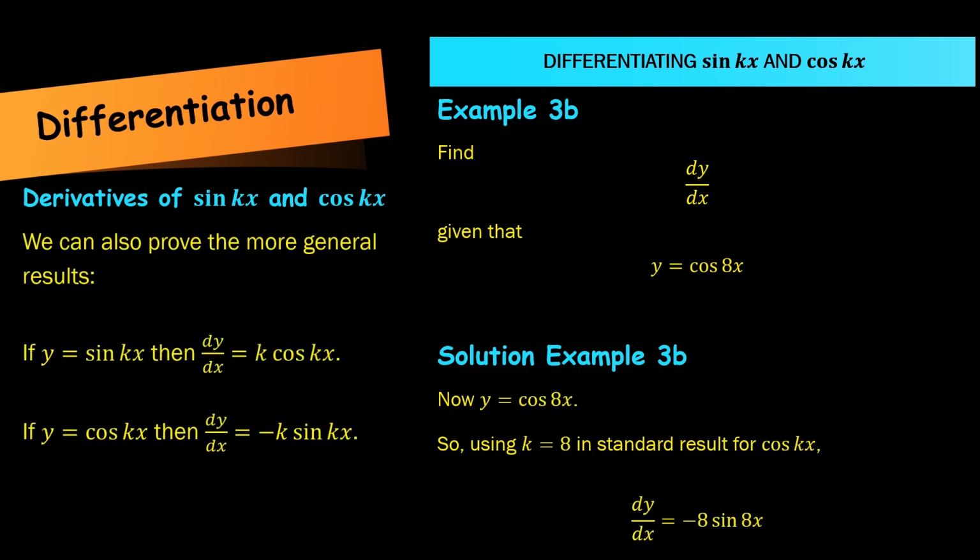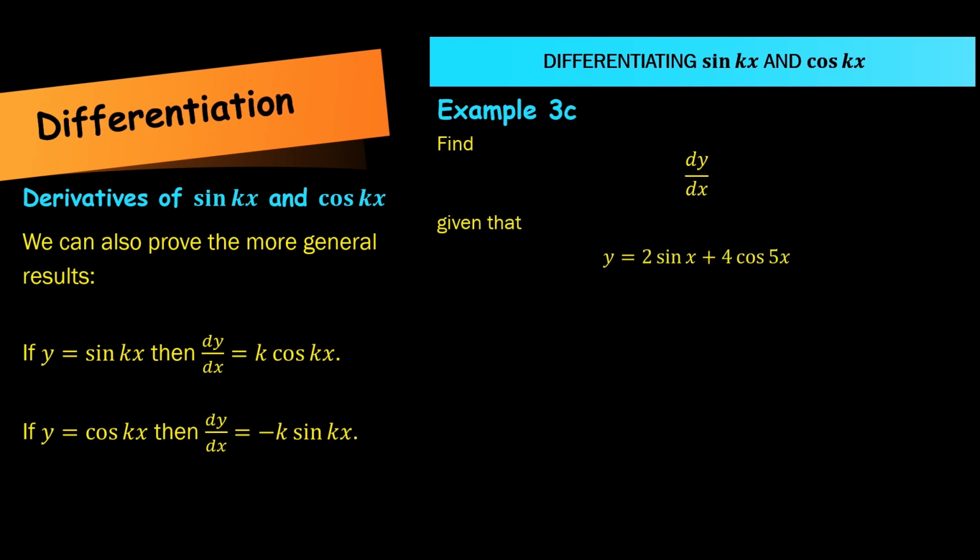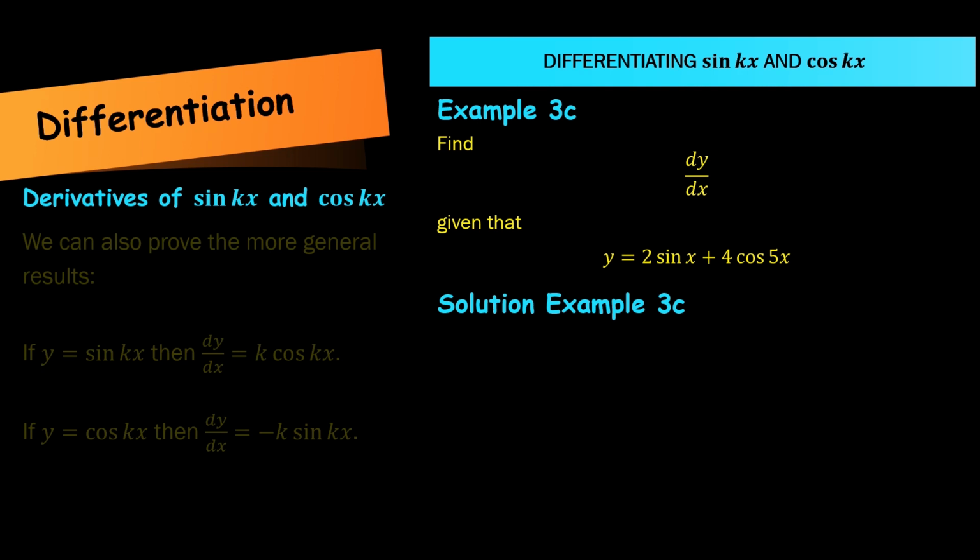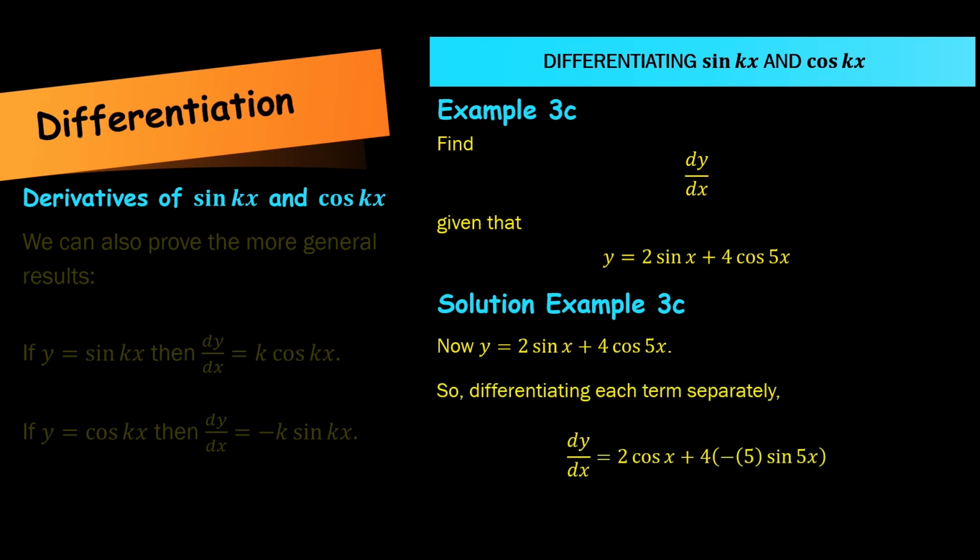And now for part C. We are required to find dy/dx given that y equals 2 sin x plus 4 cos 5x. So let's solve this. We're going to solve this term by term. So for the first term, differentiating sin x gives us cos x, and therefore dy/dx equals 2 cos x plus